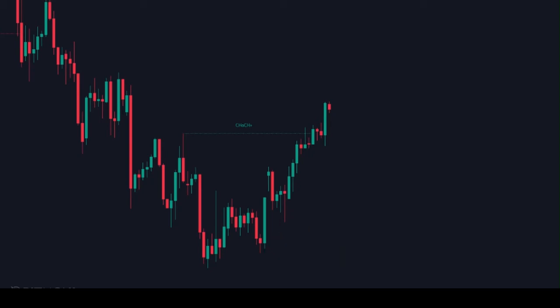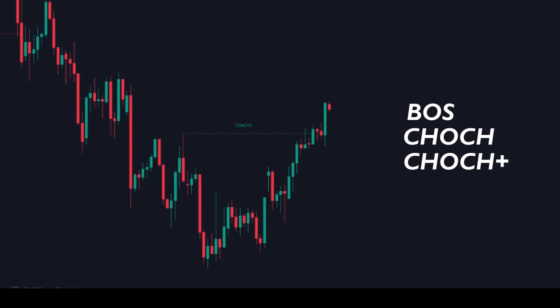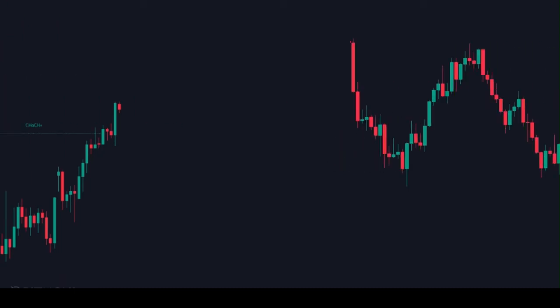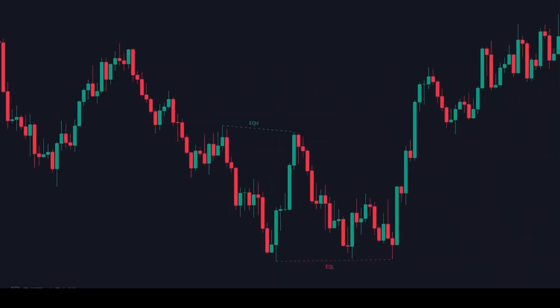So this indicator plots all of the bullish and bearish break of structures, change of characters, and change of character plus for better market structure analysis. Another amazing feature of this indicator is the equal highs and lows. This indicator will show you when equal highs or lows are formed, and these can be potential indications of a